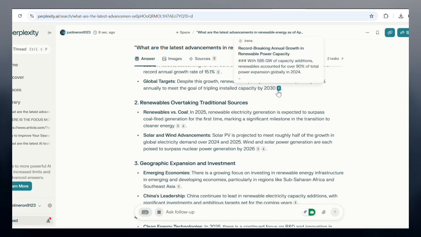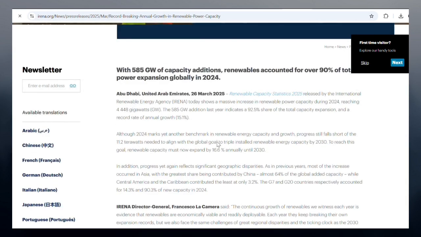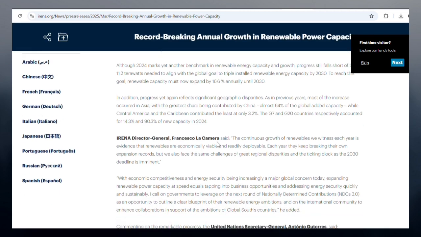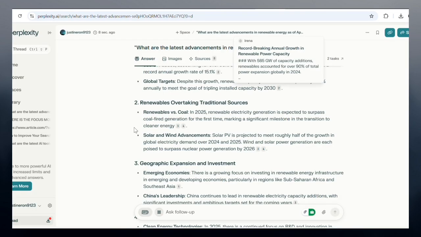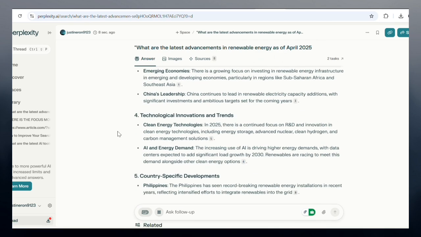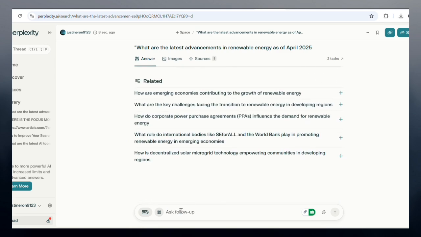And for engaging in follow-up interactions, if you require more detailed information or clarification, you can continue the interaction by asking follow-up questions. And then here, Perplexity AI maintains the context of your queries, facilitating a coherent and comprehensive information gathering